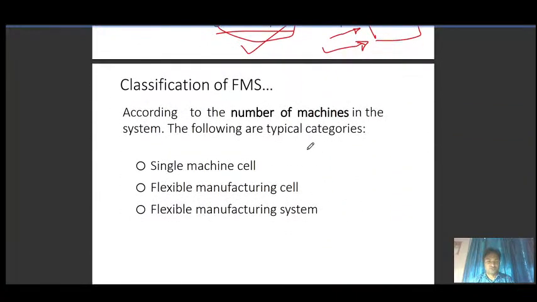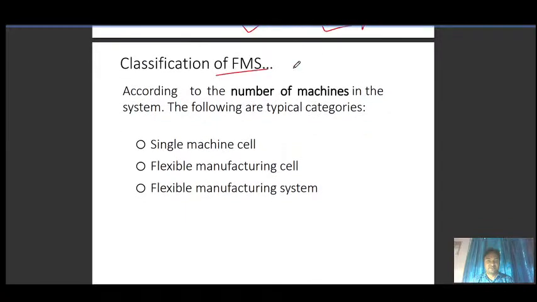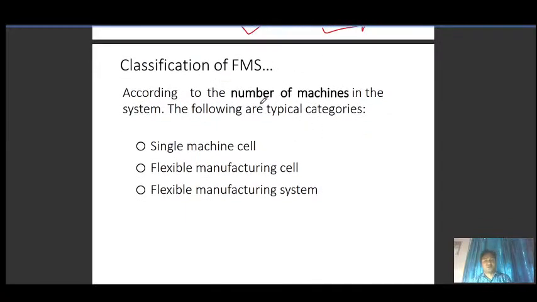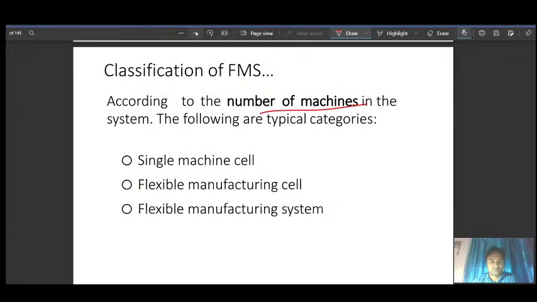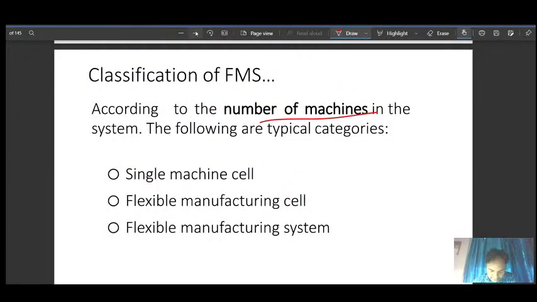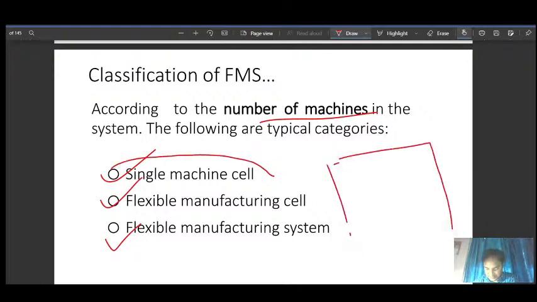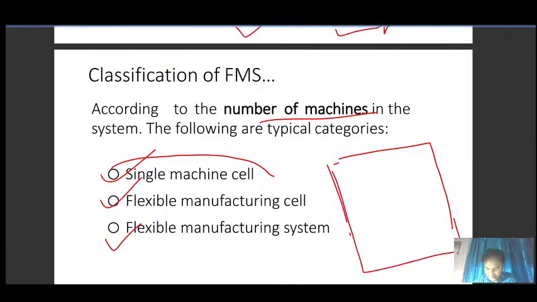Classification of manufacturing systems. According to the number of machines, it can be classified as a single machine cell, flexible manufacturing cell, and flexible manufacturing system. Single machine cell means generally the manufacturing system is divided into segments, and each segment is called a cell.